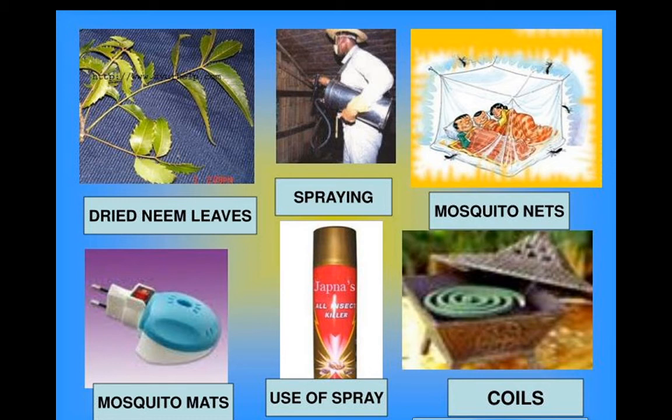Since malaria is spread by mosquitoes, it is important that primary precautions are taken to prevent their breeding. These are some primary precautions; we can take precautions like this and avoid the growth of mosquitoes and protect our body from mosquito bites. If your surroundings are clean, the mosquito will not grow and thus malaria will be prevented. Understood about this diagnosis and prevention?